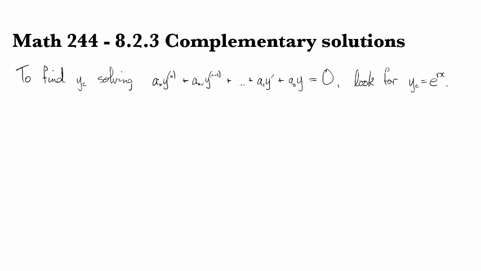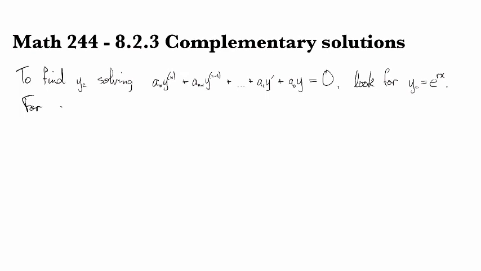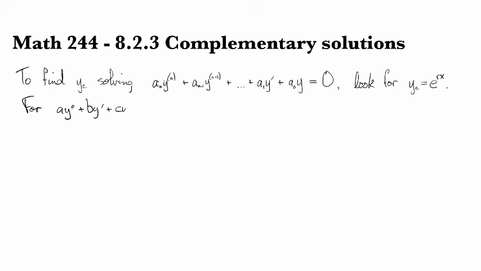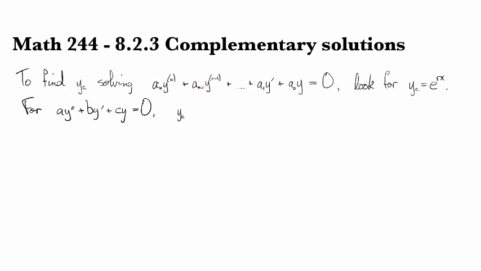So, to find a complementary solution, in other words, a function yc that satisfies a constant coefficient homogeneous equation like this one right here, the tactic is very simple. We just look for exponential solutions. So if we had ay double prime plus by prime plus cy equals 0, for example,